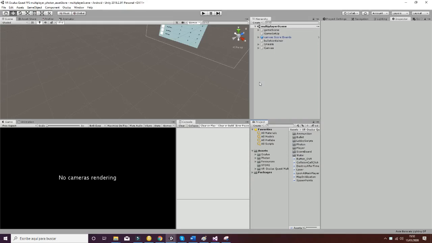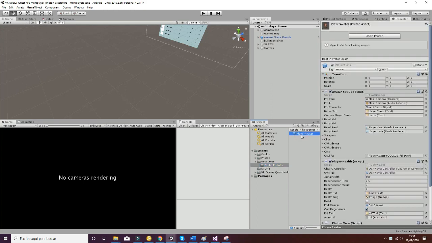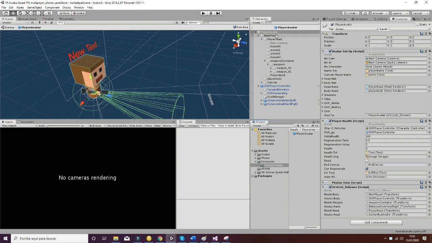To understand how the game works and operates in Photon, you will need to understand how the player avatar works. The player avatar is inside Resources, Photon Prefabs, and you can open it by double click. When checking the player avatar, you will see that it has an avatar setup that will be called whenever the game